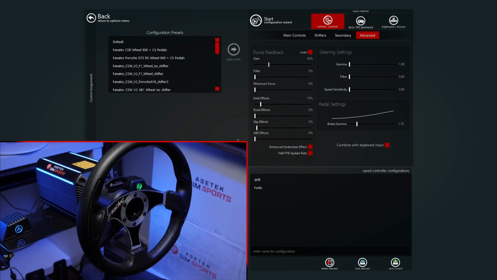ABS effect I just put on 0. Brake gamma I just put on 1.7. You have to save this. The setup I used before,